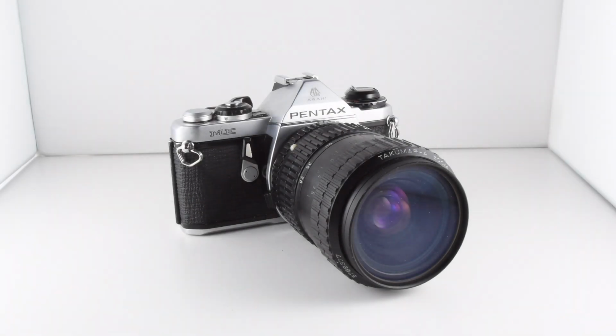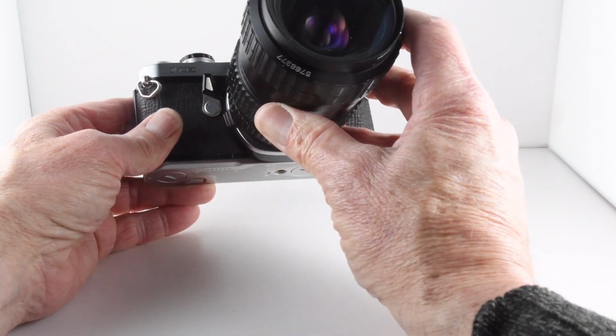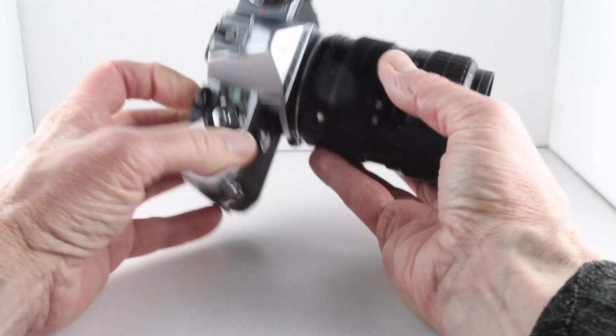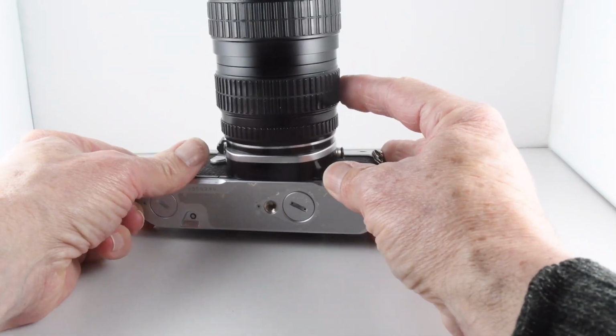Camera number 49 of 365 is the Pentax ME, an aperture priority camera, and to operate the aperture priority mode we need to insert two LR44 batteries into the base of the camera. It does have a single manual 1/100th of a second mode, but let's just put the batteries in to operate